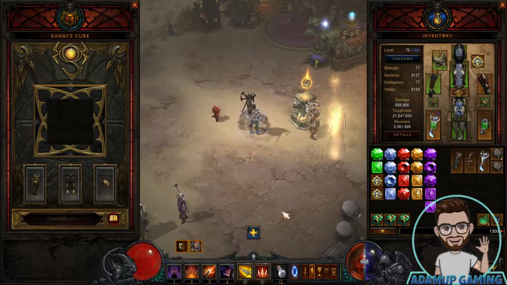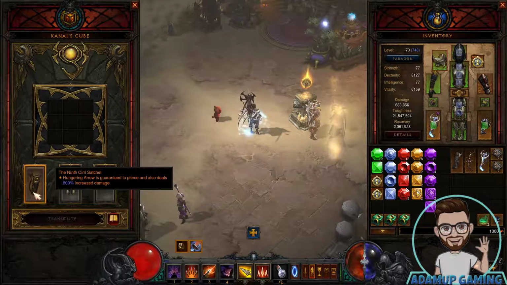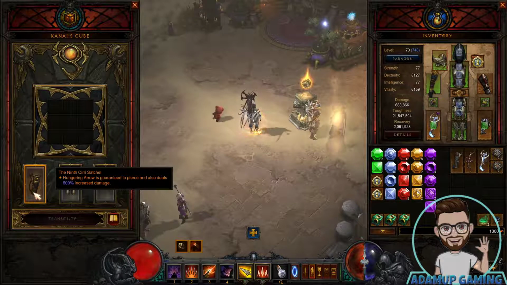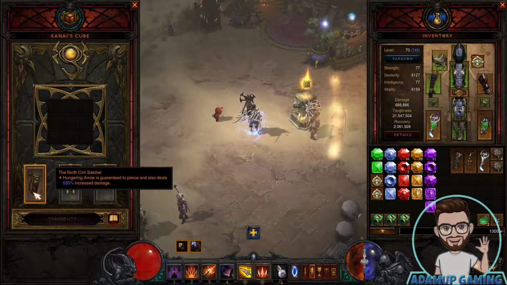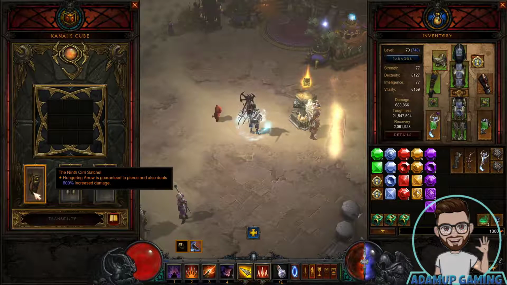So, in our Knight's Cube, the ninth. Now, forgive me if I'm pronouncing this incorrectly. Is it Siri or Kiri? I don't know. Let me know in the comment section how it is pronounced. So the ninth, Kiri Satchel: Hungering Arrow is guaranteed to pierce and also deal